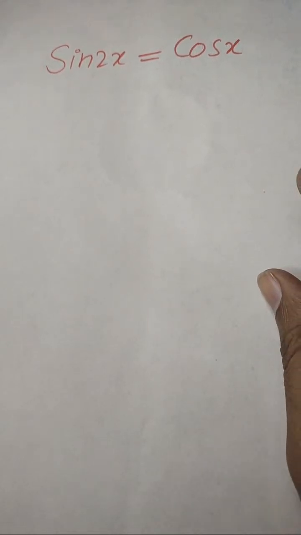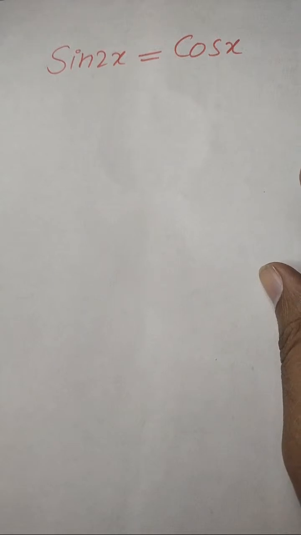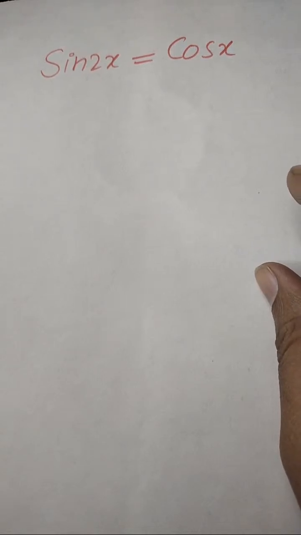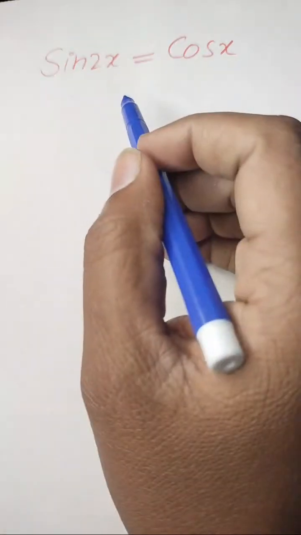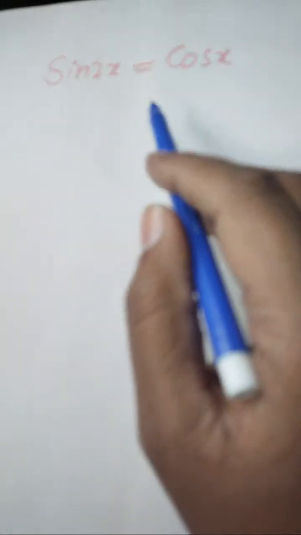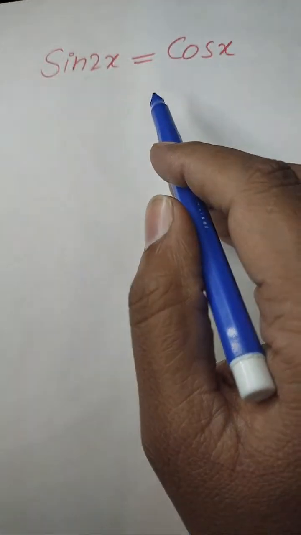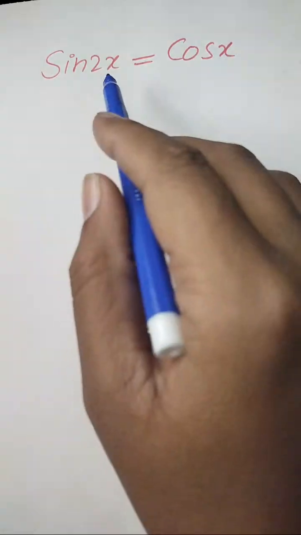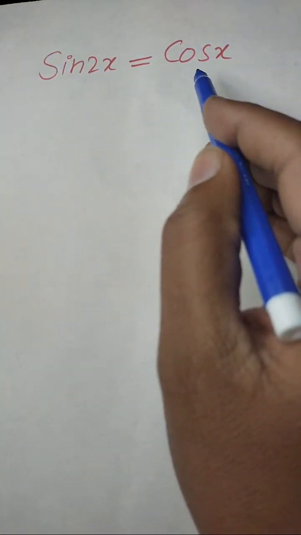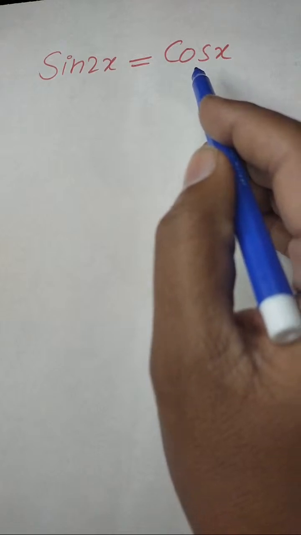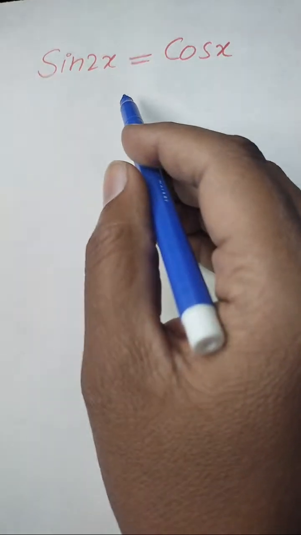In this live session, we are going to solve a Math Olympiad problem. This Math Olympiad problem is related to a trigonometric equation. So here on our screen, you can see that it is a trigonometric equation: sin 2x is equal to cos x, and now we will solve this trigonometric equation for the value of